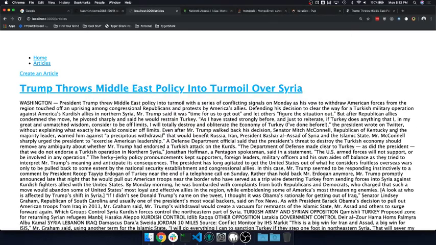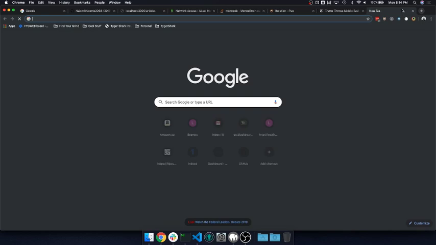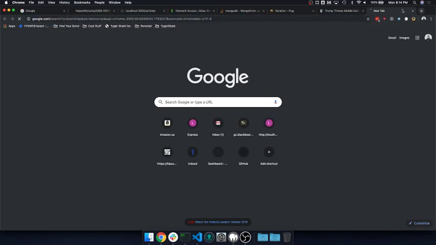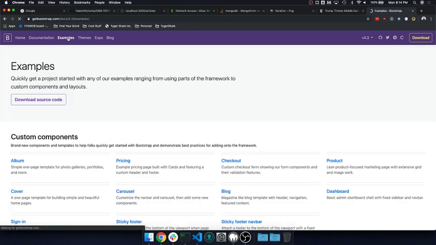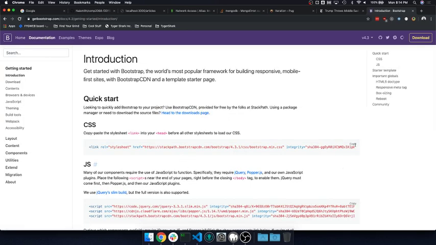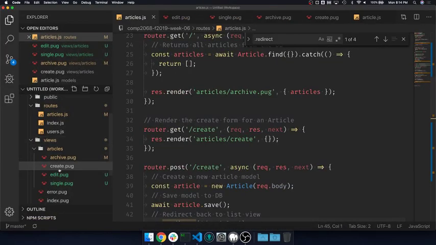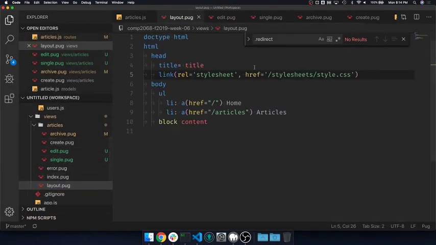We're going to start trying to make this just a little bit easier to look at. So I'm going to now take the time to go to Bootstrap. Go to their documentation. So the CSS, if I go to my layout,